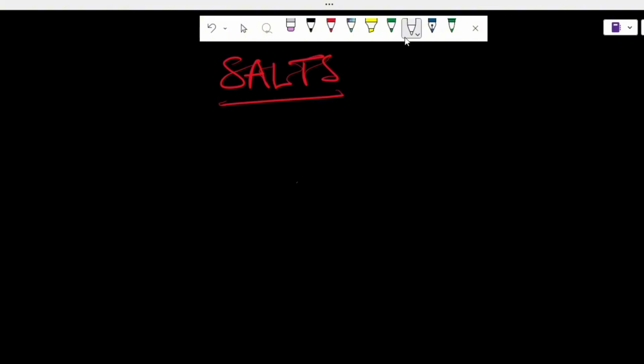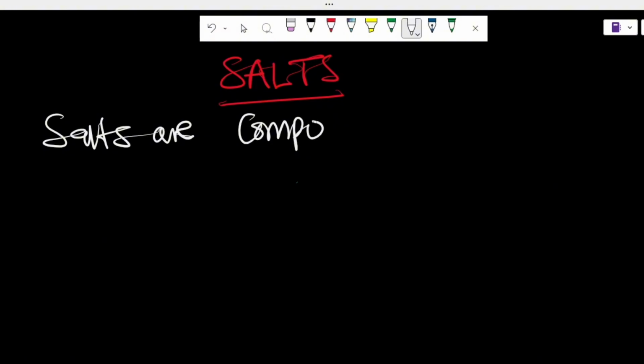Now, the next thing that we want to talk about is salts. So what are salts? Well, when you're talking about salts, salts are compounds formed when hydrogen ions of an acid are partially or completely replaced by metal ions or ammonium ions. So let's make sure that we write that these are compounds